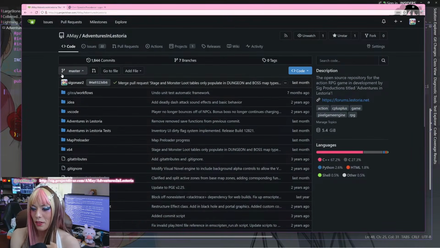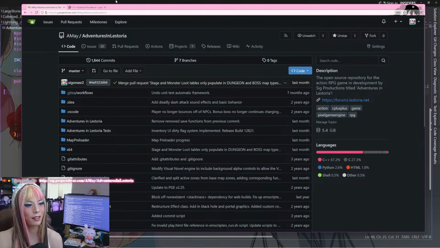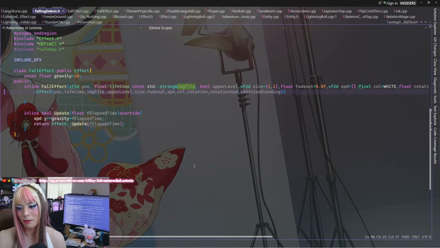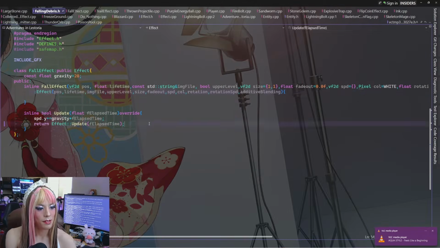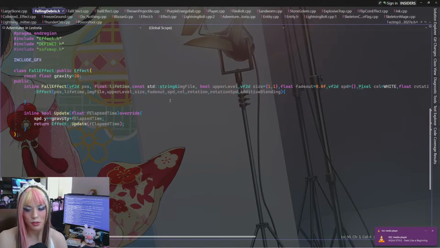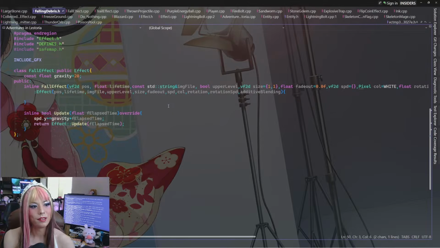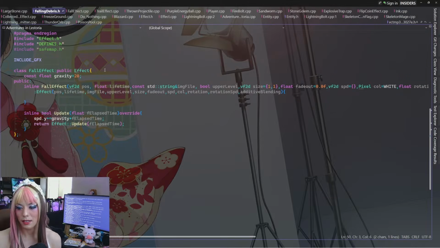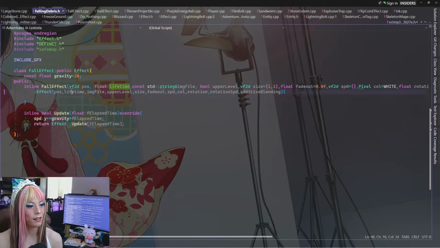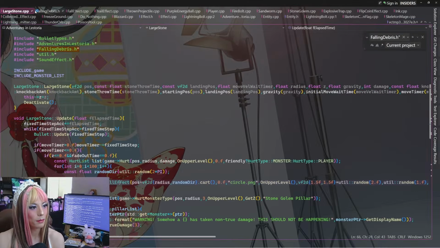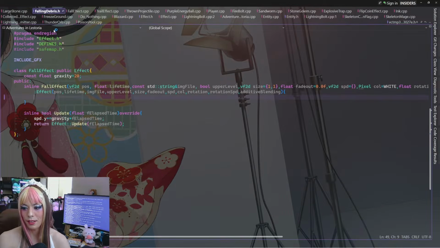Others have told me their browsers were automatically redirecting to HTTPS for some reason. So yeah, it is an open source project in that sense. The only thing you don't get are the commercial assets. They're not included in the repo for copyright reasons, but that's kind of to be expected. All the code I write daily, I commit to there.